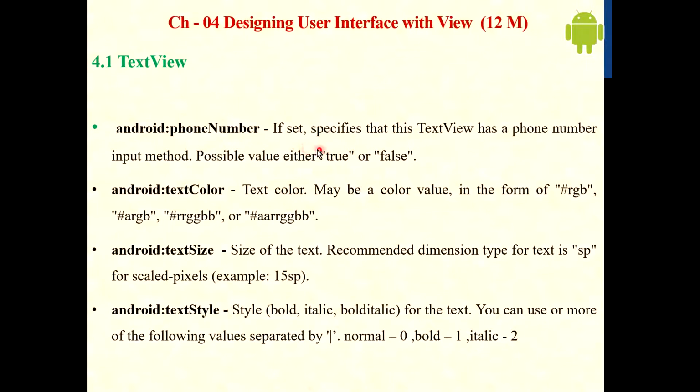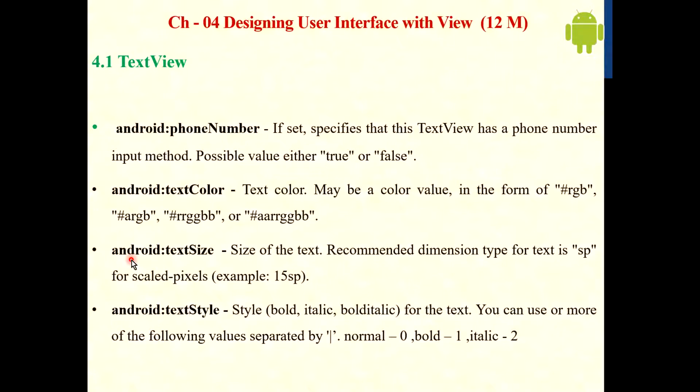If set means the value of this is true, then specify that this text view has phone number input method. Okay, so phone number input method, possible values are true or false. Then android:textColor may be a color value. These are the various different values of colors. You can set any one from the color, or you can pass the name of the color